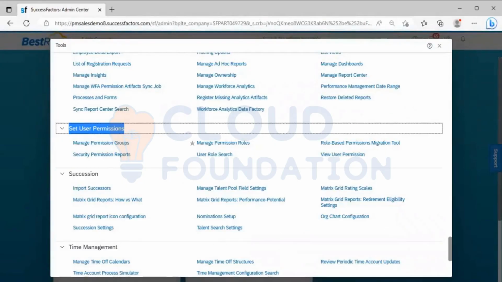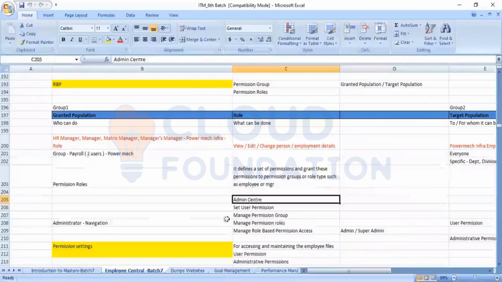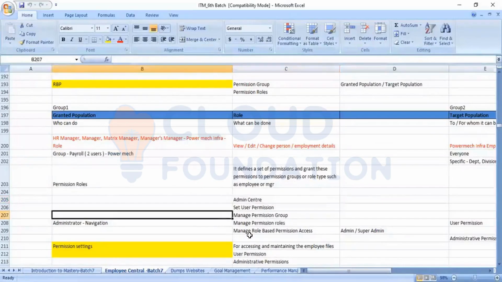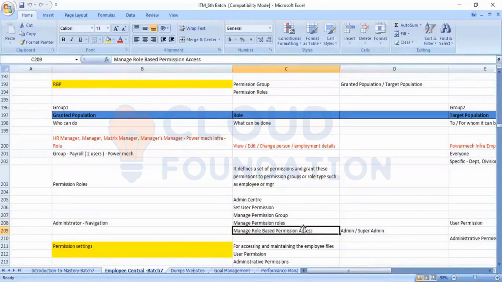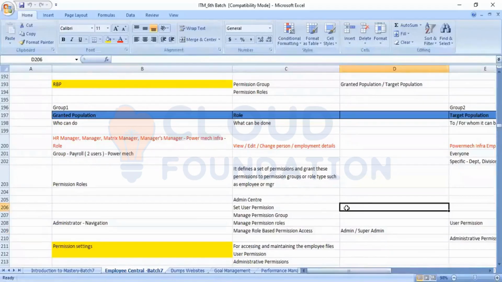When I go back into my Excel, the first configuration tool is this one, Manage Permission Group tool. Then you have Manage Permission Rule. Third one is Manage Role-Based Permission. Fourth one I can take as User Role Search.